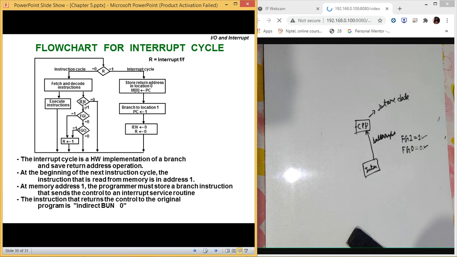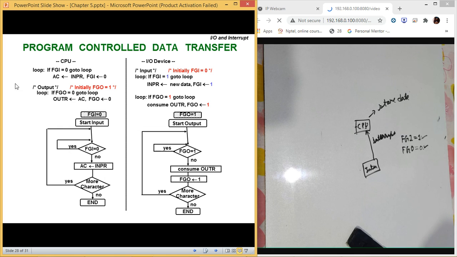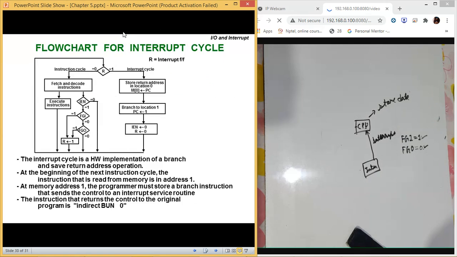Now, how to execute those input output instructions is with the help of these flags, which will help you create a synchronization between the CPU and input output devices. Otherwise, if we are using this program control type of approach, what will happen? When it is a memory instruction, it will execute very fast because the instructions are with the memory. When it is a register reference, it will execute very fast because it is with registers. But when it is an input output device, it will keep on checking. It will keep on waiting for the user to input the data.